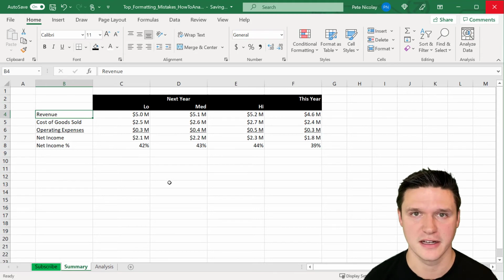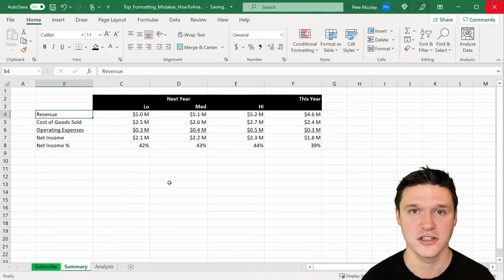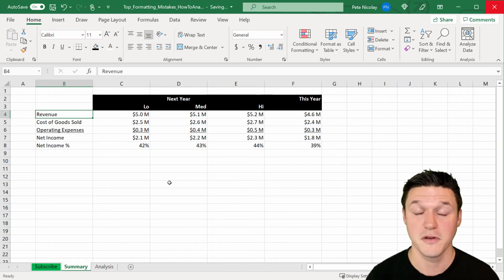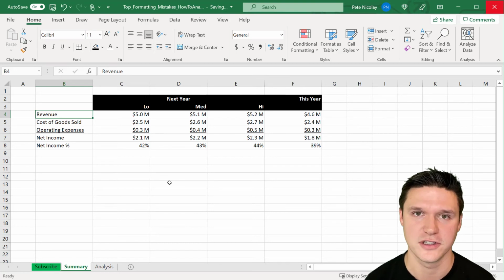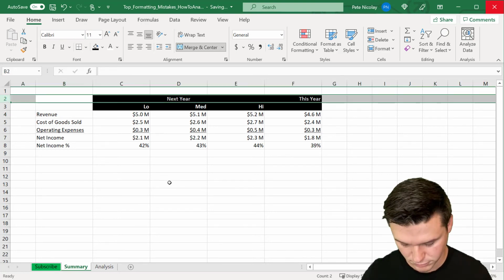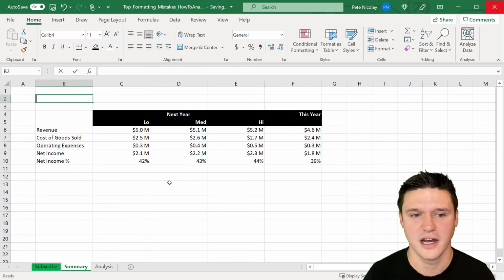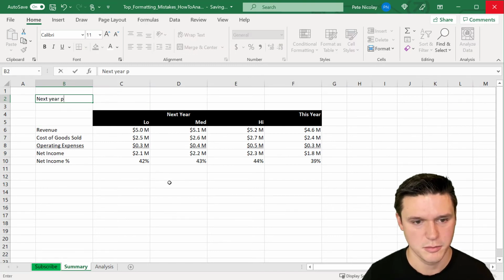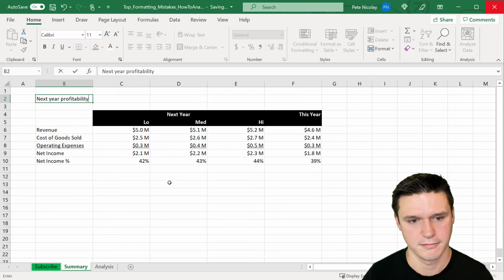My perspective on analytical roles is that your job is not just to provide the data, but to interpret it and provide conclusions. So you have an opportunity to add a title and to summarize the key conclusions that you came to in your analysis. So I'm going to add a couple rows up here. I'm going to add a title of next year profitability analysis,